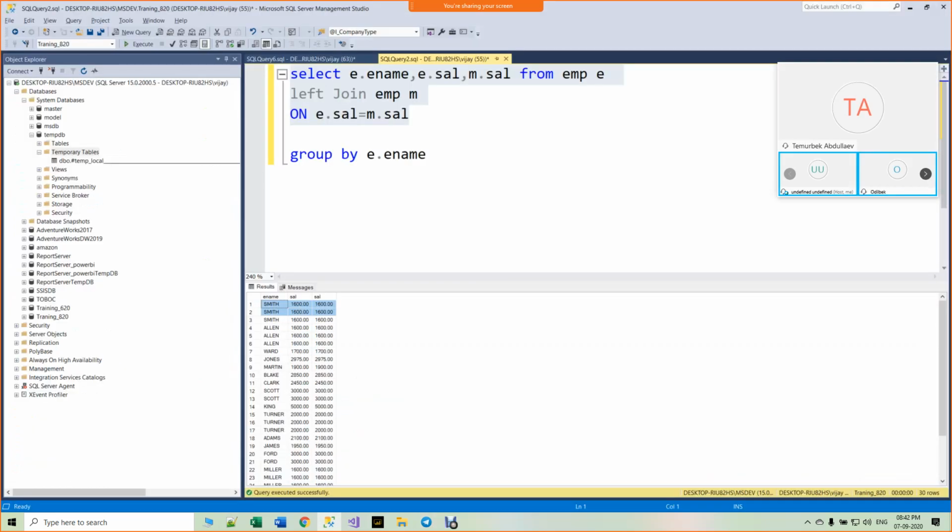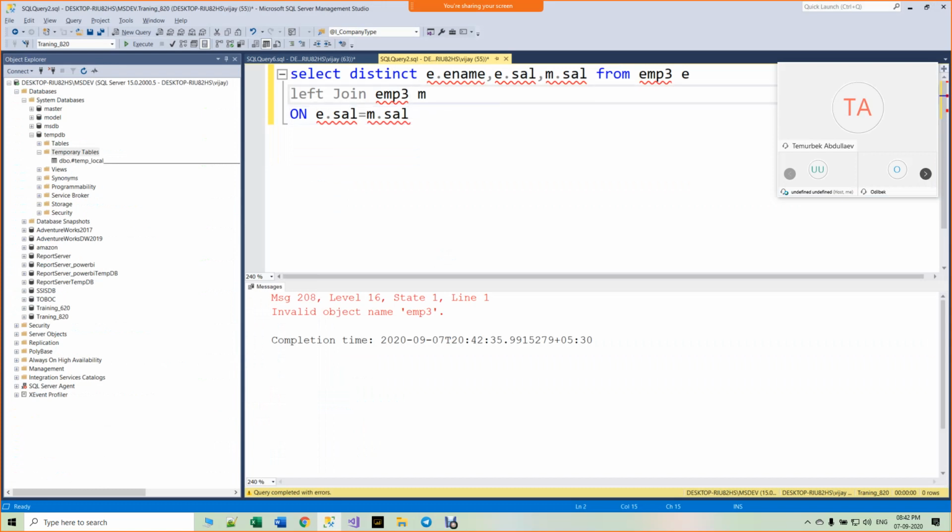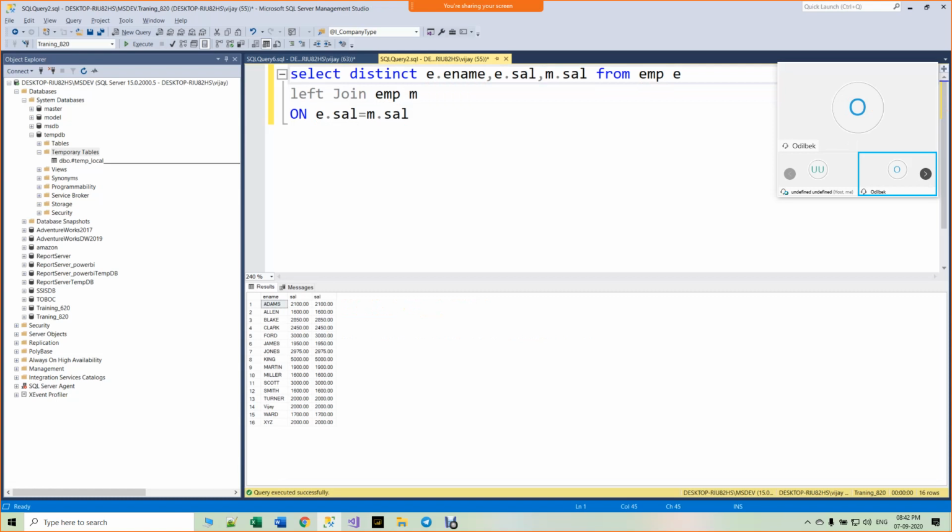Yes. If we see here, do all people have the same salary? But tell me something.